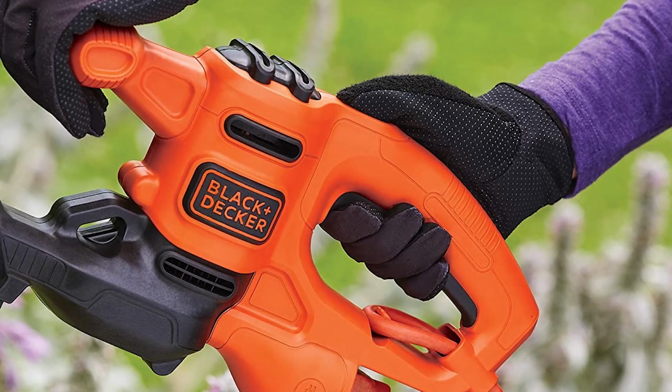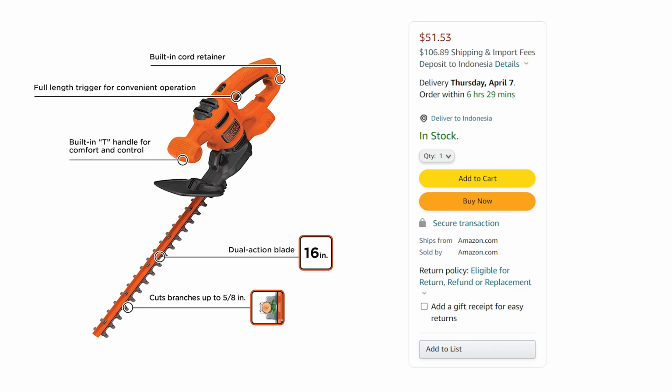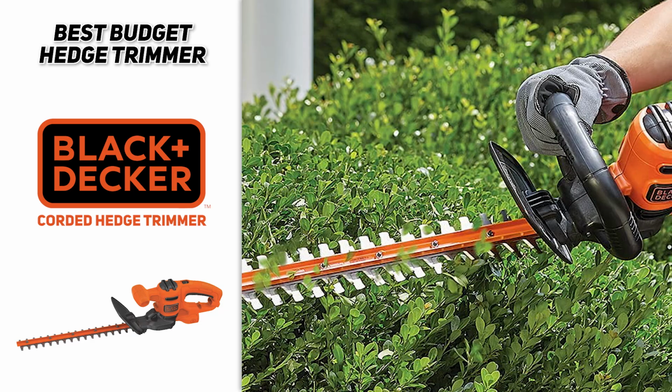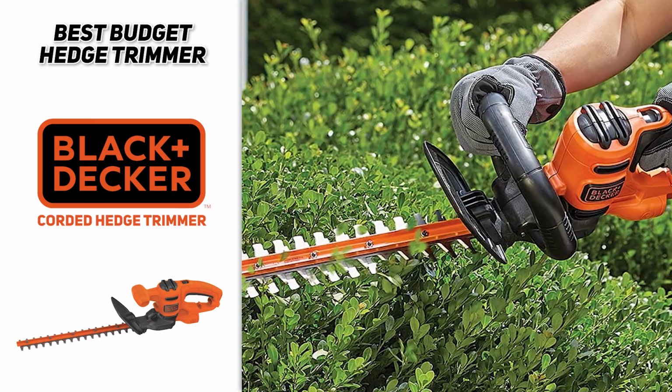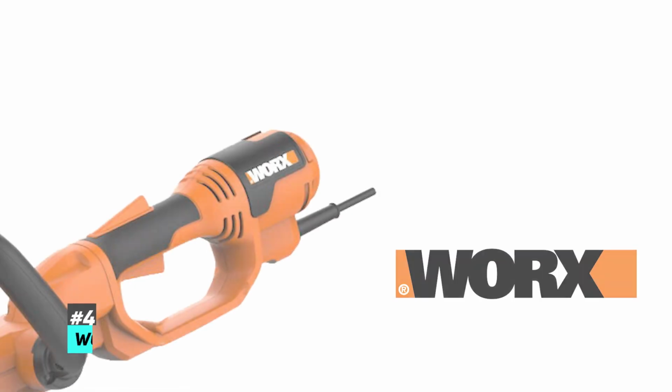And for safety, it does have a great protective shield between the handle and the blade. Honestly, the value on offer here for the price cannot be beat. If you are looking for a solid option at a low price, then the Black+Decker Corded Hedge Trimmer is definitely a great option. Next up, we have the best corded hedge trimmer, and that's going to be the Worx Electric